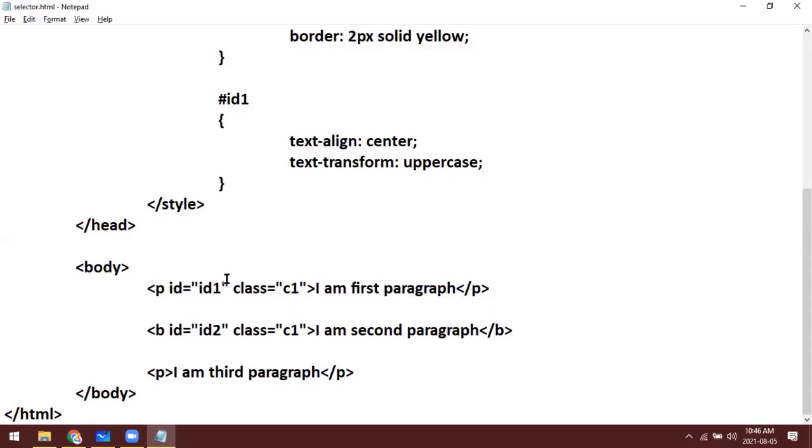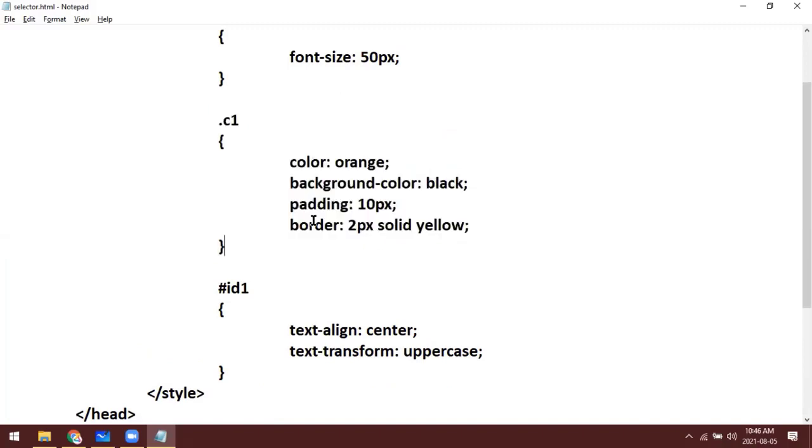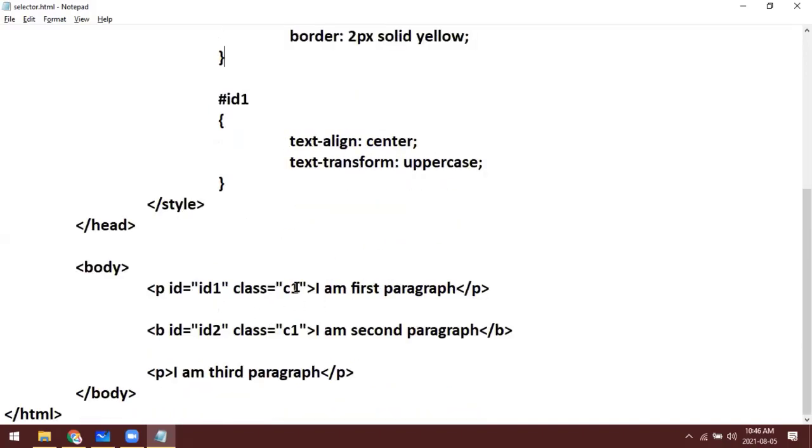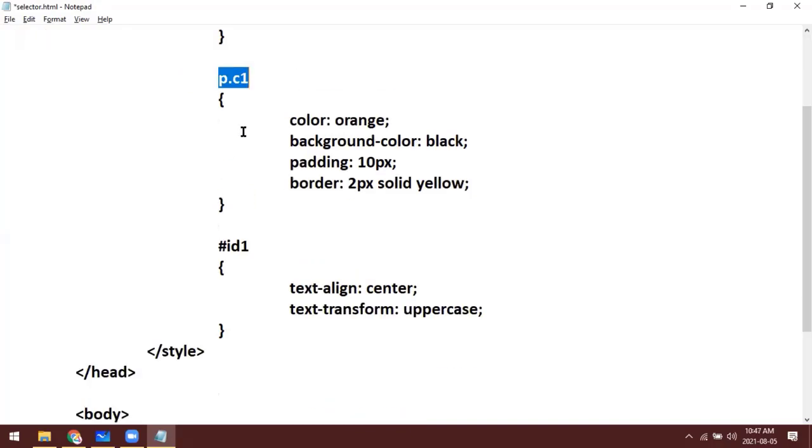If you want to apply this style only to paragraphs which have class C1, in that case we have to give it like this: paragraph tag with the class name C1. Are you getting?